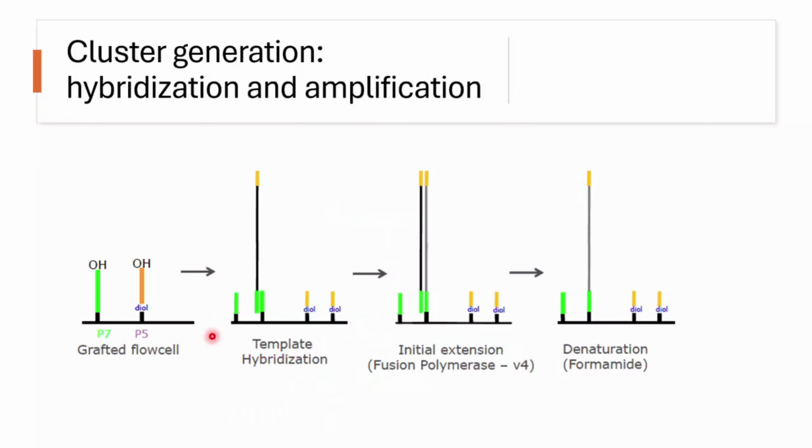Then what's going to happen is that you'll start doing your PCR reaction. And by doing your PCR reaction, you will extend your fragments. These are just steps that are a bit too specific. You don't really need to care about it. But one thing that is important here is that after you have done your PCR reaction, you'll have a double-stranded DNA. That's not good for